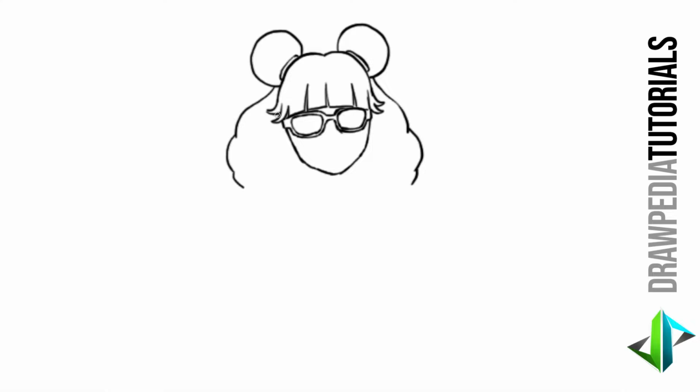For her ear, I'm gonna draw a curved line for the top, extend it down with a curved line at the side, curved line back up to the side of her face. Inside of that, I'm going to trace the same outline for the top point and the side, and a curved line at this corner. Copy the same shape of the ear on the right side,